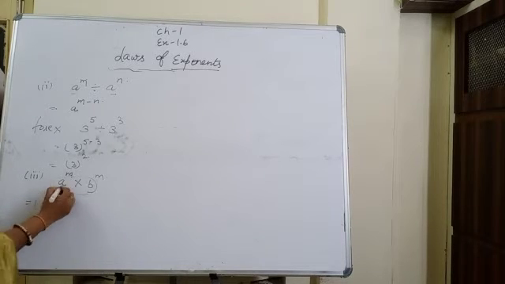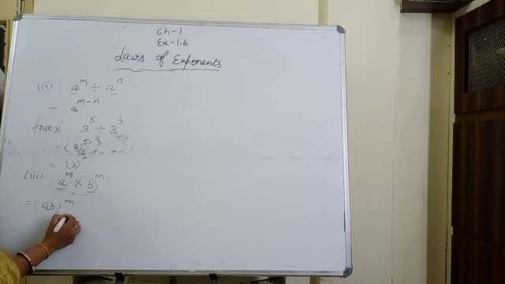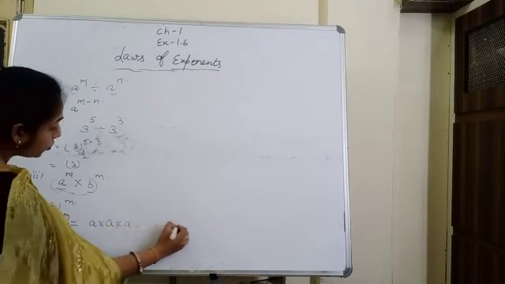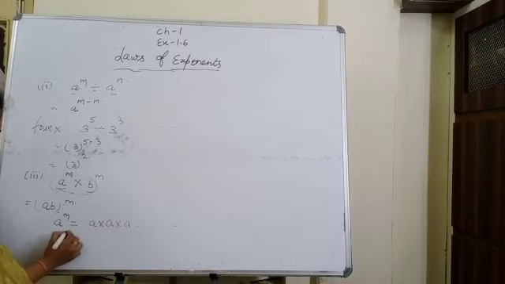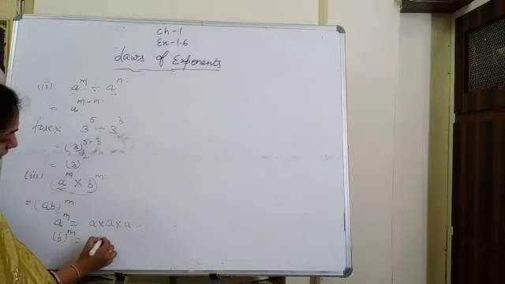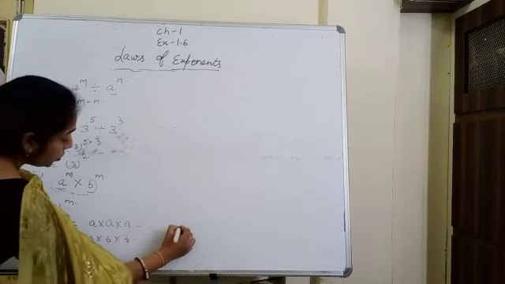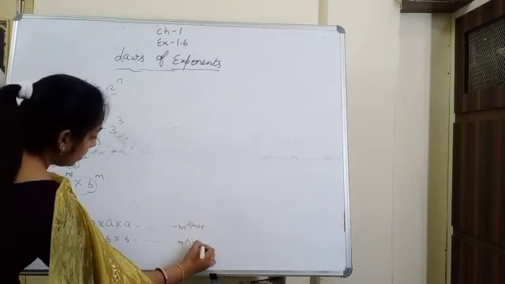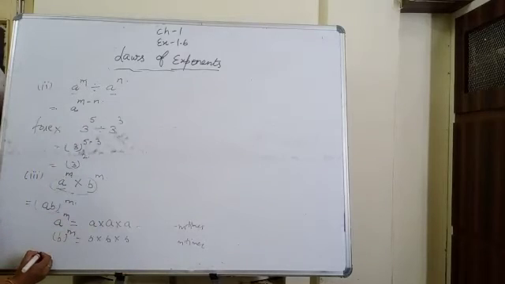See how a raised to power m can be written as a multiply a up to m times, b raised to power m, b multiply b up to m times, and this is also m times. When we are multiplying these two,